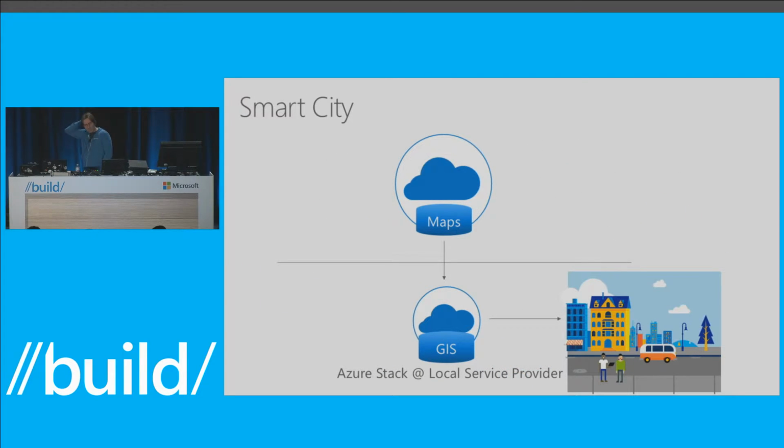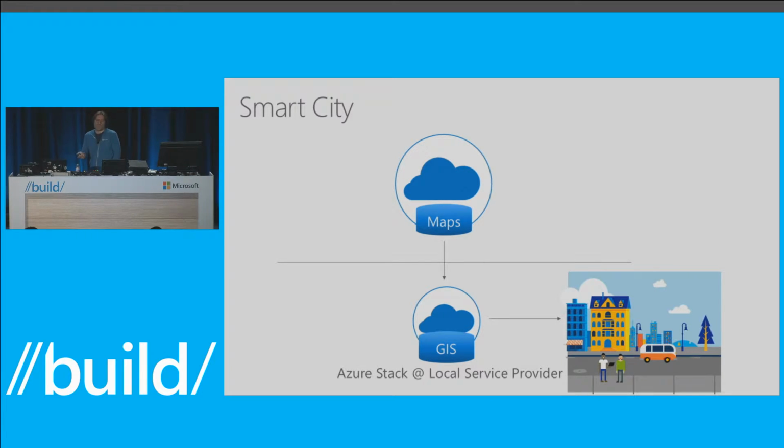Another one is smart city or digital cities, sometimes they're called. This is where regulations or tax code in many of these locations require that the applications that are used by the local community or funded by the local community are actually staying local, right? And so not only data needs to be local, but also the service provider that runs that application needs to be local in that location, right? Sometimes they worry about, again, regulations. Sometimes it's just sovereignty of this location requires that.